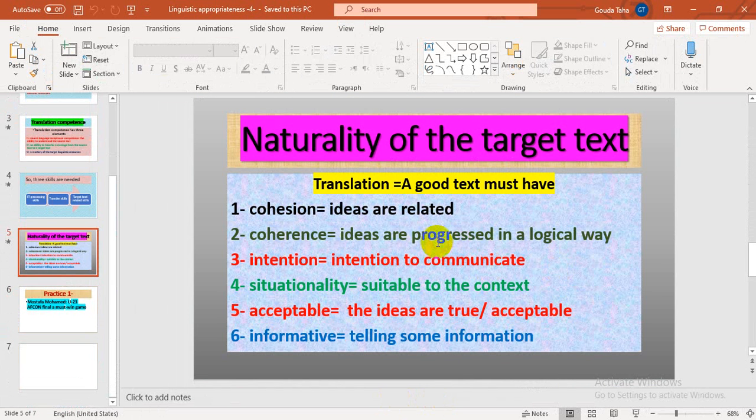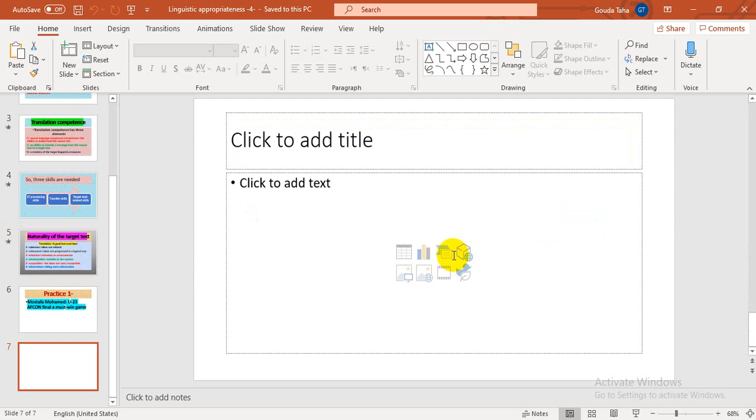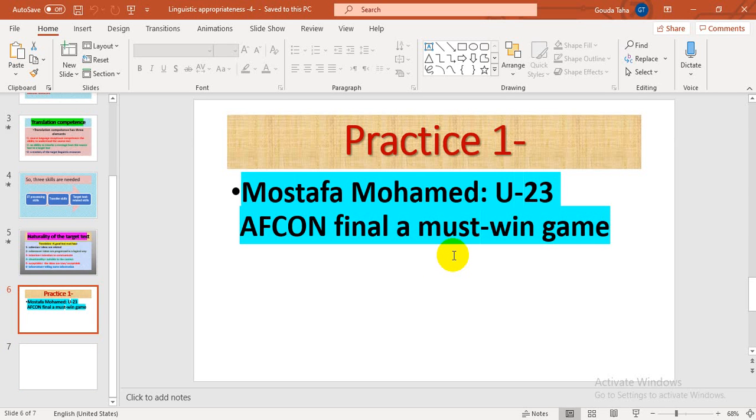cohesion. Use conjunctions to link the text together, so the ideas are connected with each other, with a relation between them, such as chronological order, spatial order, order of importance, or cause and effect. And intention: there is some kind of communication and they are suitable to the context, and the information is acceptable and informative. So that's it for today, and I wish you all the best, but you have to keep